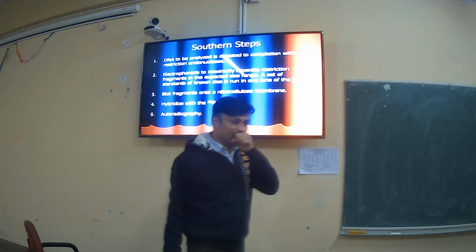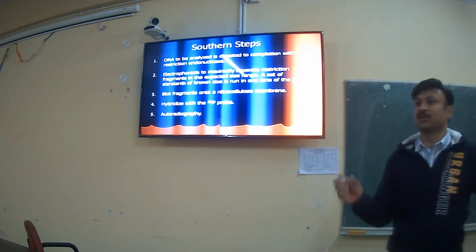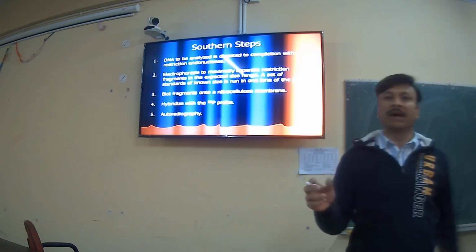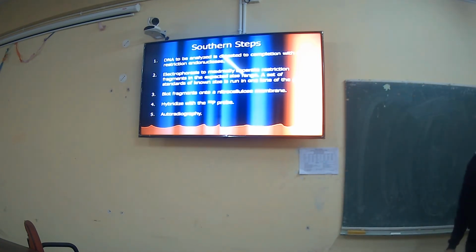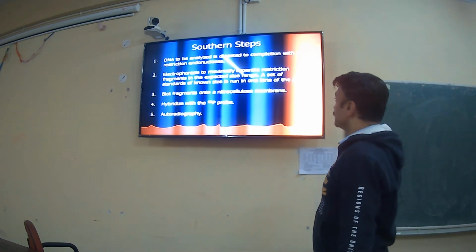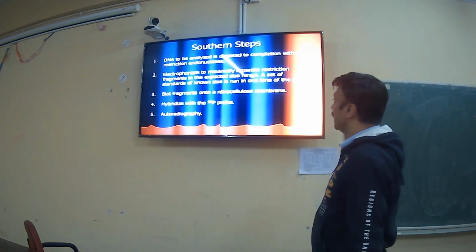So, why do we use type 2 restriction enzyme? Because type 2 restriction enzyme has a small recognition site, only 6 to 8 base pairs. So that will be a more accurate or more precise cleaving or digestion. That's why we use type 2 restriction endonuclease. So after cleaving the genomic DNA with the help of the restriction enzyme, you can get the RFLPs.